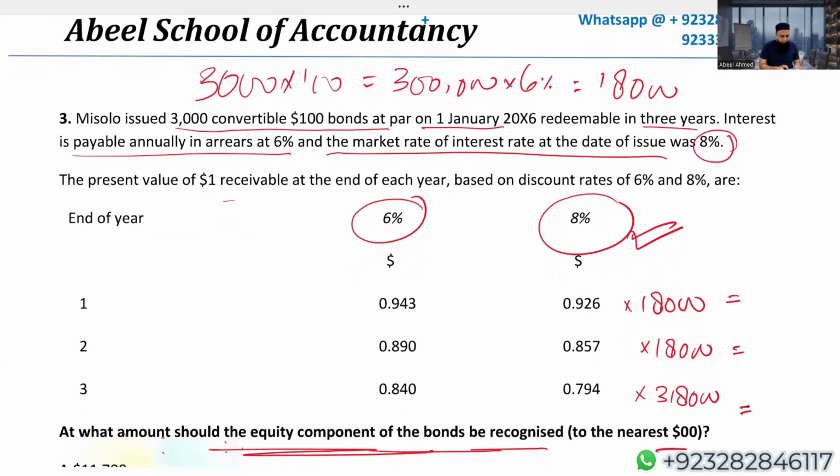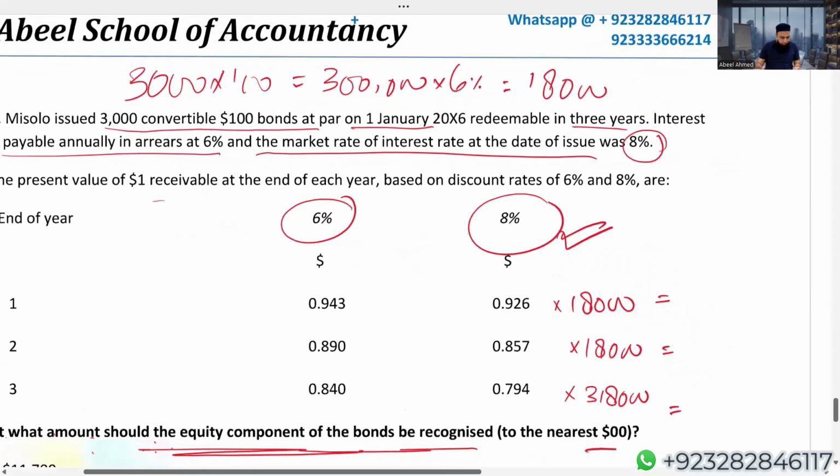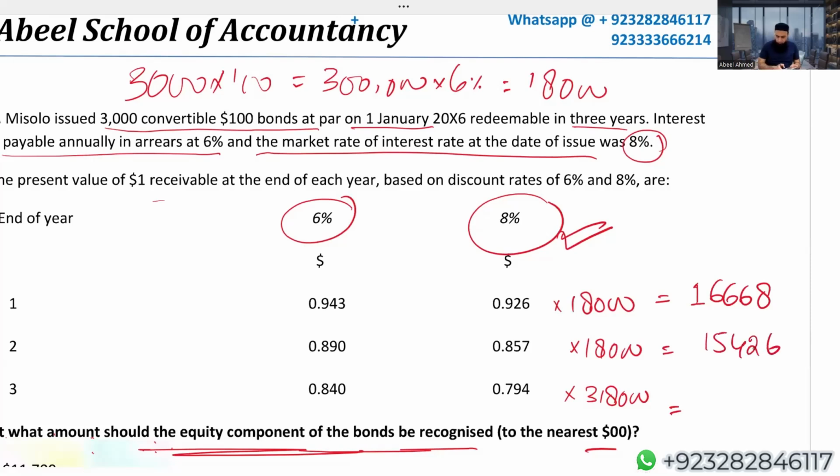Let's use the calculator. 18,000 into 0.926. Students, I am getting 16,668. Okay, 18,000 into 0.857. Students, I'm getting 15,426. 3,18,000 into 0.794. I'm getting